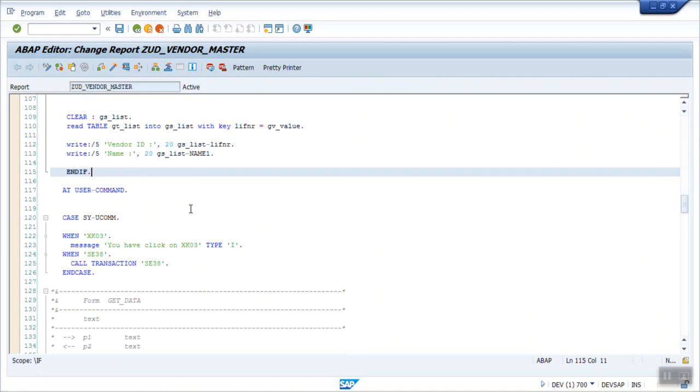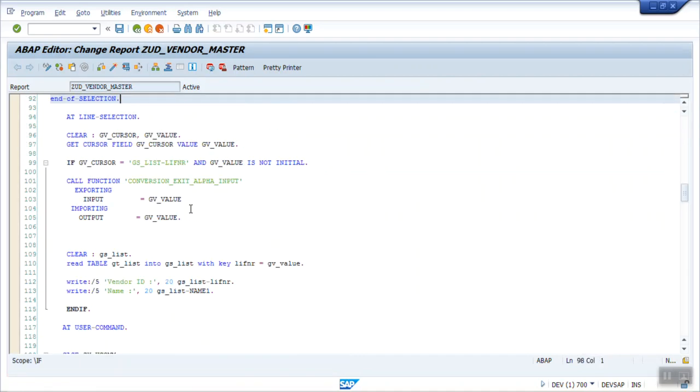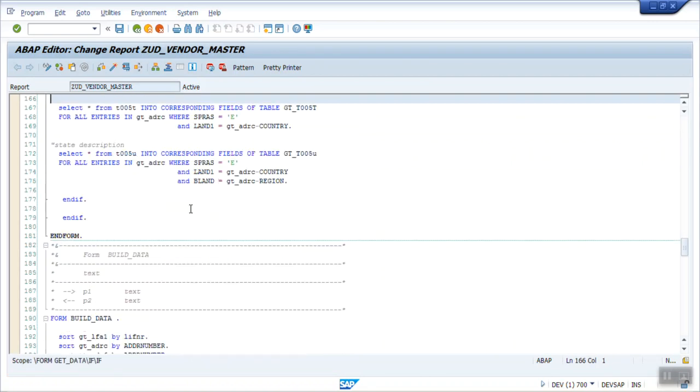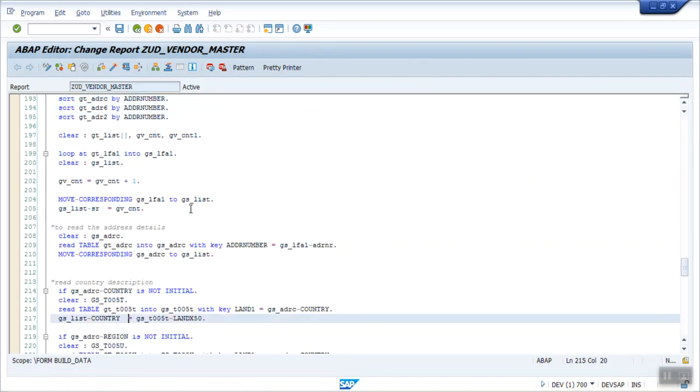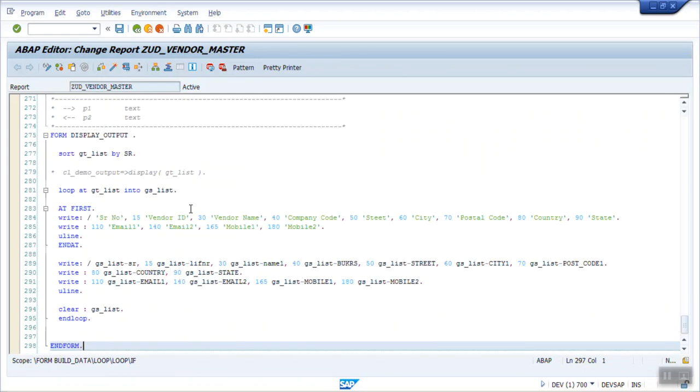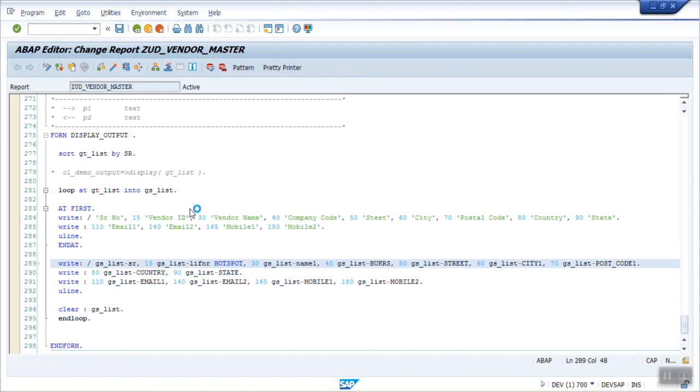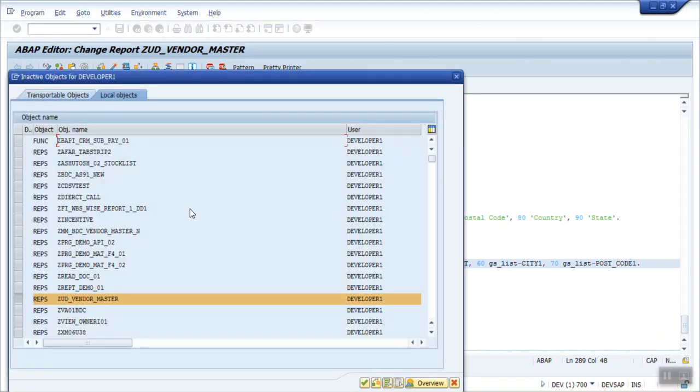One more point I want to show here, that is how to add a hotspot. Let's say I want to make that field as clickable. So what we'll do, after this vendor ID, here just like at hotspot, let's see what is the impact of this hotspot.